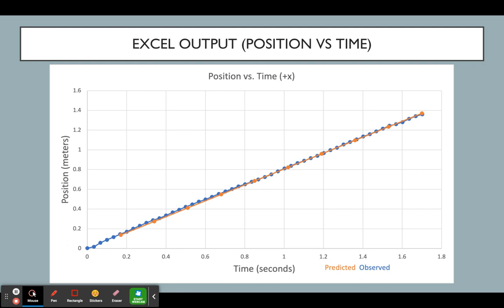I chose to model the results for this lab in a position versus time graph. In this model, the blue line represents the observed values based on the video analyzed by Tracker software, and the orange line represents the values based on the GlowScript data. It is clear that both the observed and predicted values have a constant slope, meaning that they both represent constant